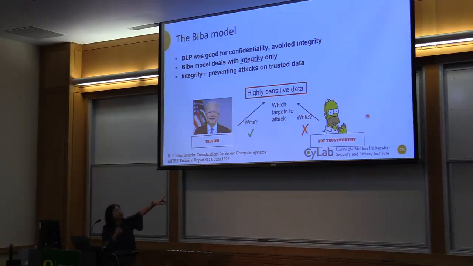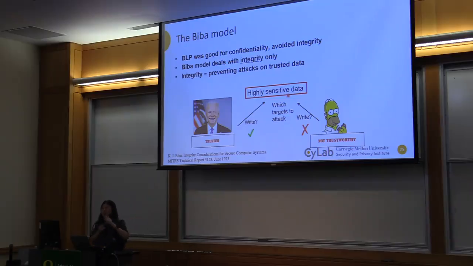So basically, if we look at this, if I flip the letters, like we did before, this is actually the same as BLP, saying that you shouldn't write down, right? Because I put highly trusted on the bottom, I put untrusted on top. So this write down, again, that actually works, right? However, because I flip letters, sometimes people call Biba BLP upside down, right? Some people don't flip letters. Instead, they change what they say about whether you can write up or down or not. But it doesn't matter. The point you want to remember is that an untrusted source shouldn't write to a trusted source. But the other way is okay. If I want to read, I can.